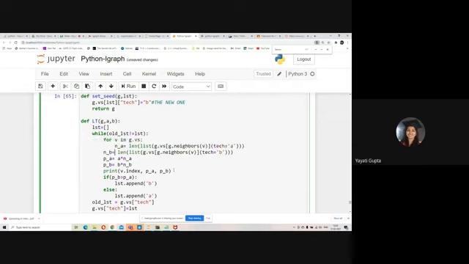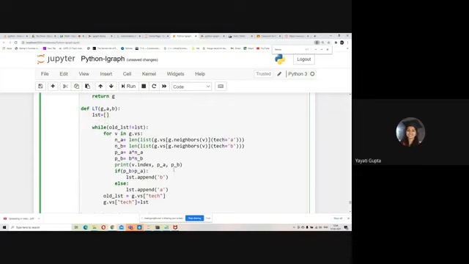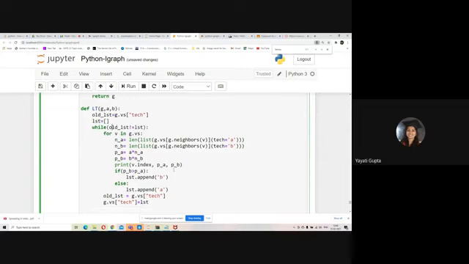Now we need to define old LST here also in the first iteration, so that my first iteration happens. Here I'm going to set my old LST as g dot vs of text. So currently this is my old LST, my new LST is none. So old LST is not equal to LST. I come into my first iteration, every node is checked, and after every node is checked, their preferences are stored in this list over here. So I should have this thing inside this bracket here.